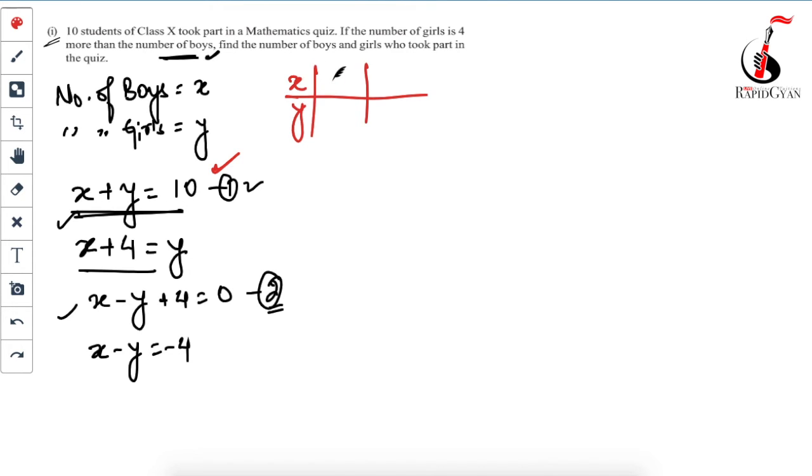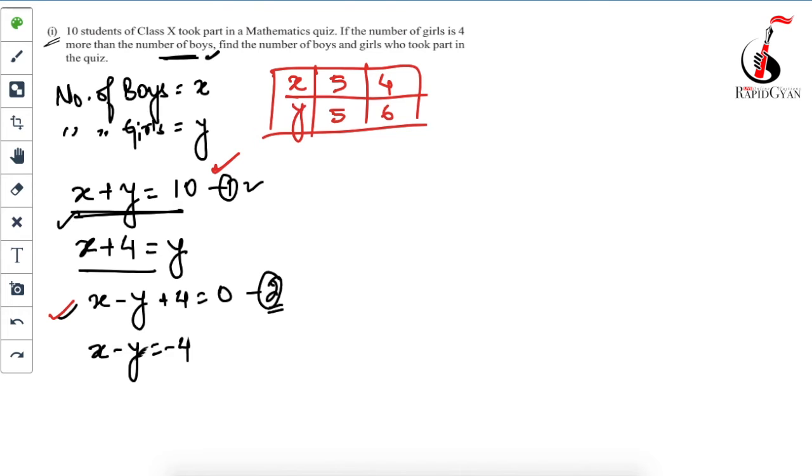If I put x equal to 5, y will become 5. Correct. Let's put x equal to 4, then y will become 6. Correct. See, beta, you might be thinking why I have not assumed x and y as 0. You can still assume them as 0 and find the values, but in that case, if I assume x is 0, the value of y I will get is 10, and then our graph paper will need to be big, correct?